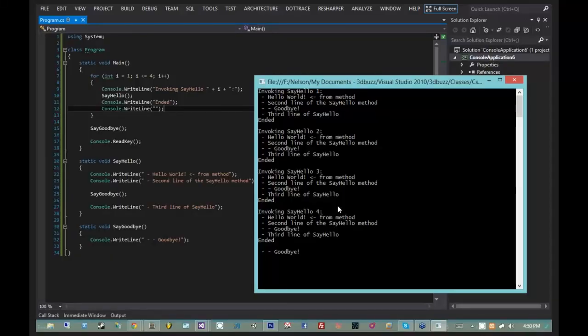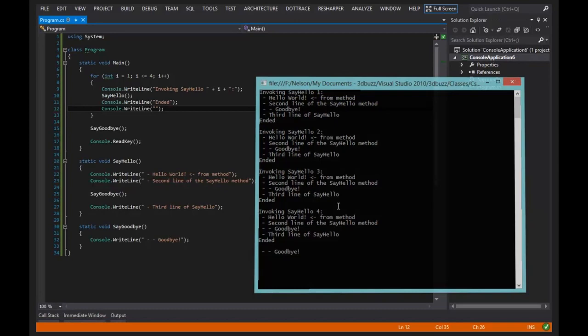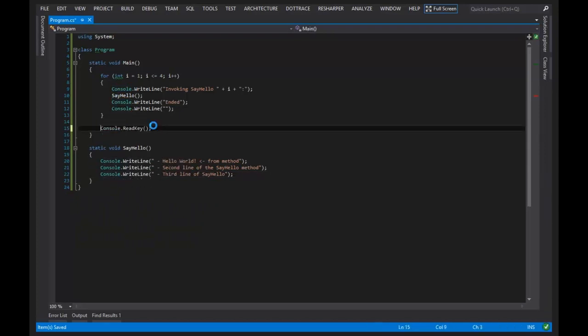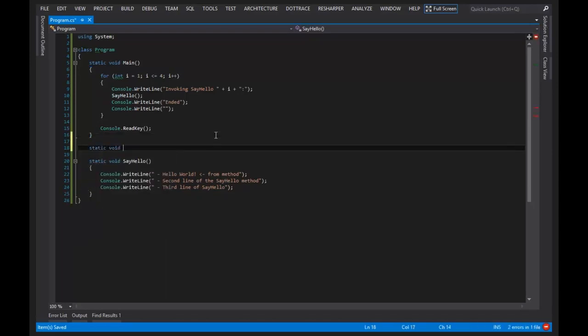So instead of saying say hello, let's introduce our first parameter and passing an argument. Let's have it say, we can just call it say, and then it takes in a string. I'm going to remove say goodbye from now and keep say hello around so we can take a look at it. Then I'm going to do a static void say string line,